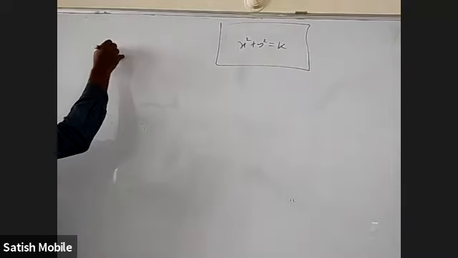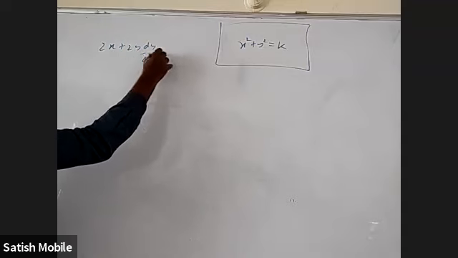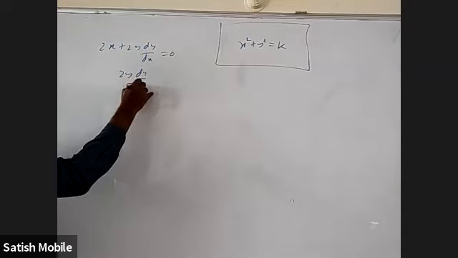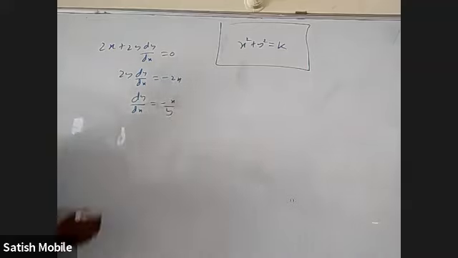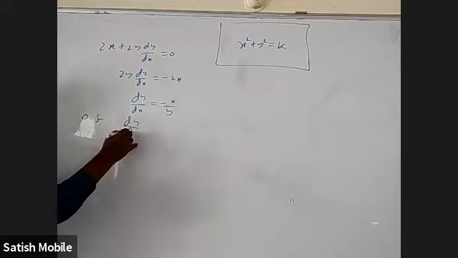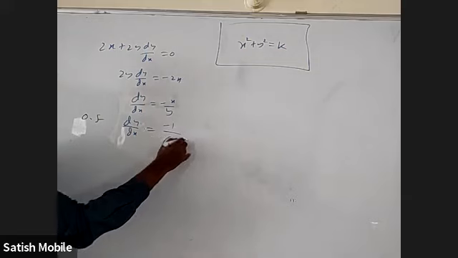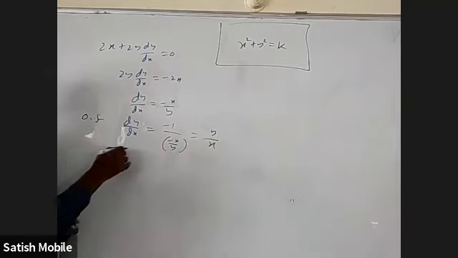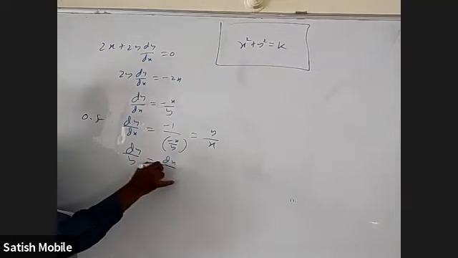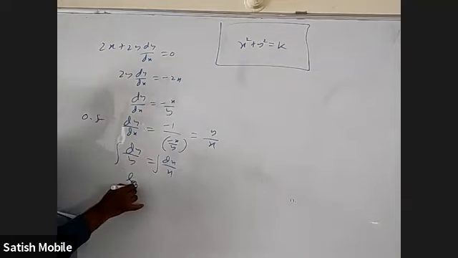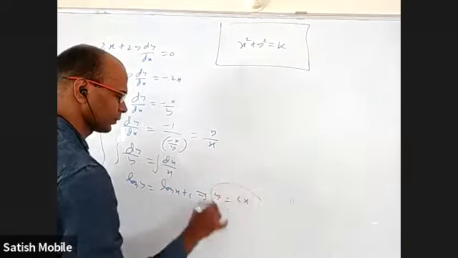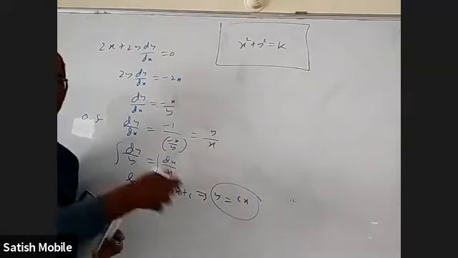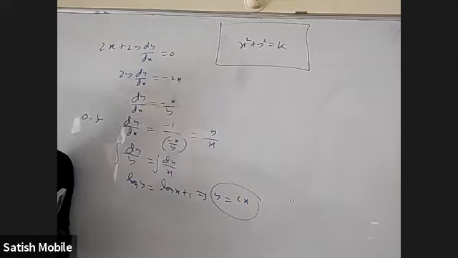Okay, here when I differentiate, I'll get 2x plus 2y dy by dx is equal to 0. 2y dy by dx is equal to minus 2x, and dy by dx equal to minus x by y. Then for the orthogonal family, dy by dx will be minus 1 by minus x by y, which is y by x. Variable separable. dy by y is equal to dx by x. When you integrate, log y is equal to log x plus c. From that, I'll get y equal to cx. As you change c, you'll get different things. What are they? Lines. A family of concurrent lines, concurrent at the origin.